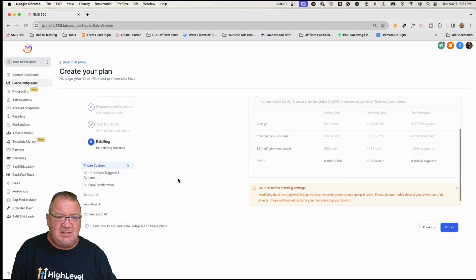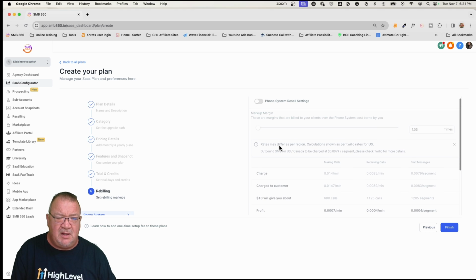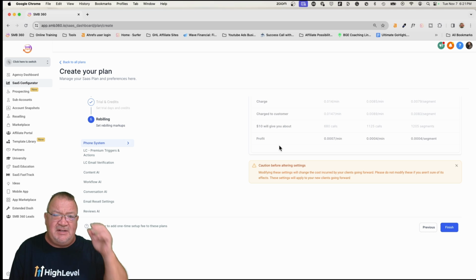Next, here is the rebilling area. We can go through all of these particular screens and choose what rebilling we want for this particular plan. So keep this in mind. This is where it's awesome, because now you don't have to use the same rebilling method as you did on the default categories. Do you see what I mean? So now you're in a different category. You can change all the rebilling. Before, you might choose 3 for the other one. This could be 5 or 8, depending on what it is, because this